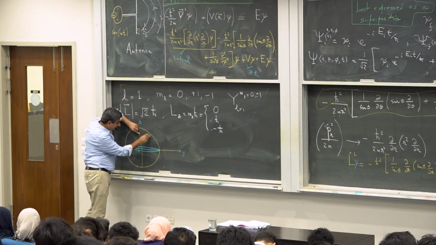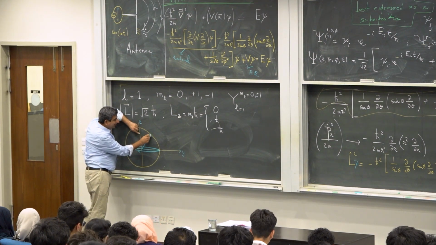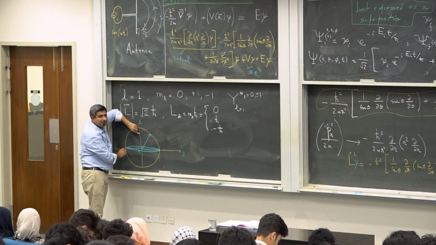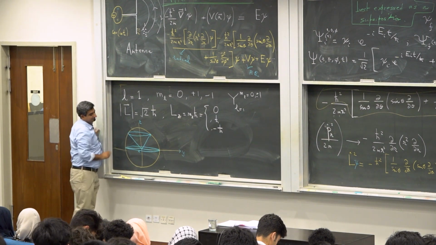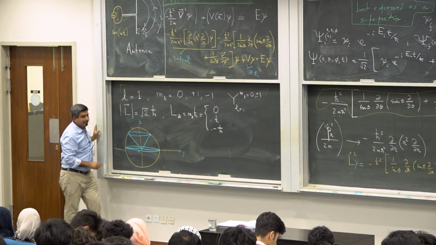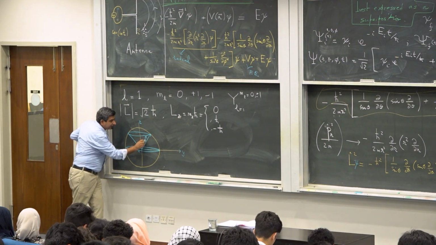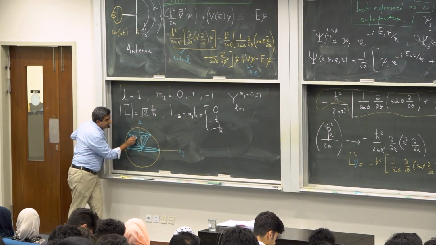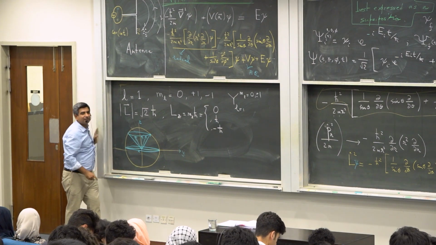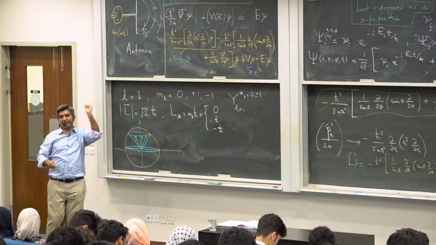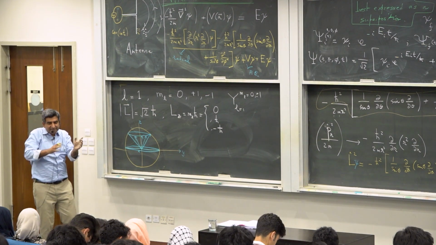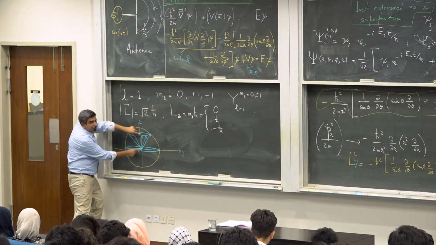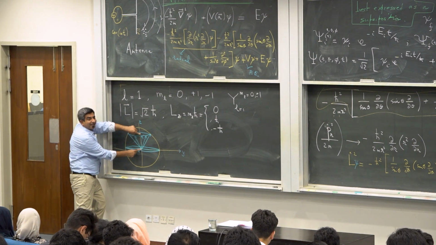So my angular momentum could also point at this angle, and it could be anywhere on this cone. So if I were to take a vector on this cone, this vector would still have a length square root 2 h bar, which is the magnitude of the angular momentum, but its z component is constrained to be h bar,